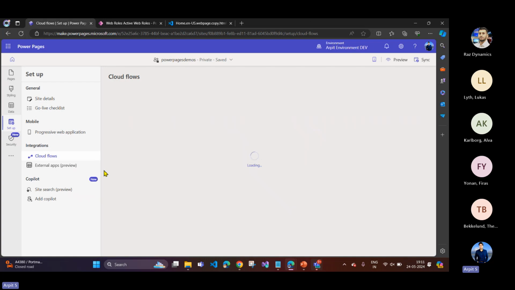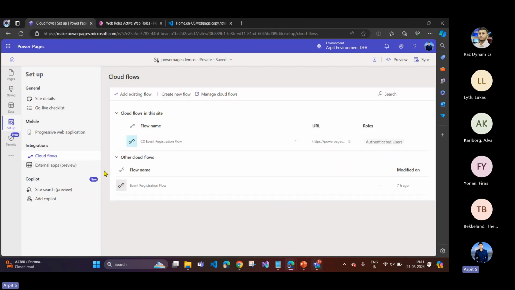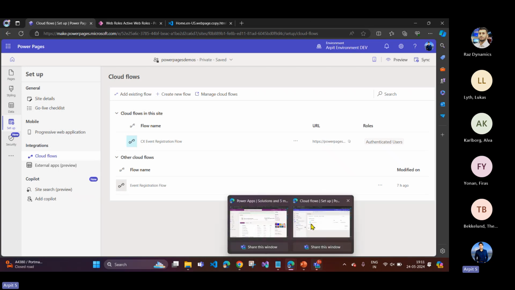Okay, so now let me show you how to do the cloud flow integration with Power Pages. There are a couple of ways. See, if I go back to my portal,